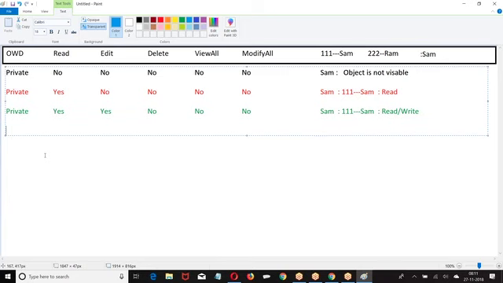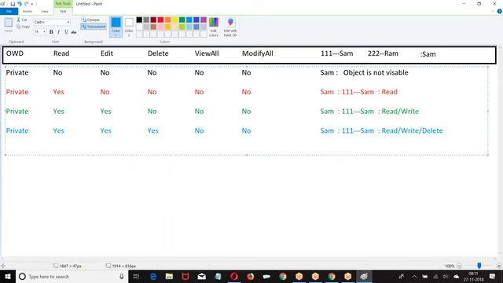Let me take another combination. At the object level, we have read, write, delete. At the record level, we don't have permission on 222. So it is a combination which is going to work out.